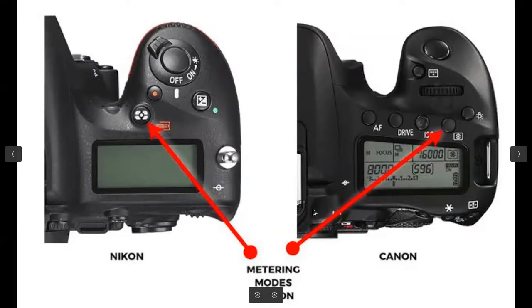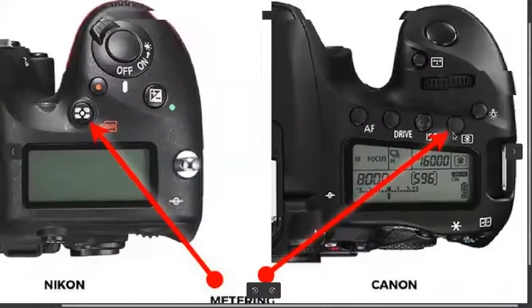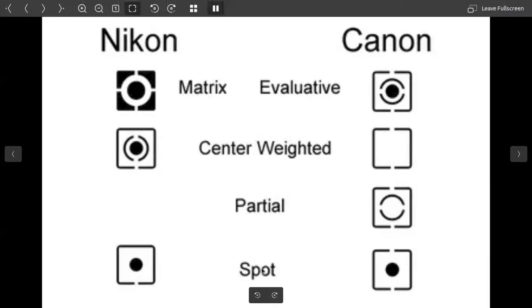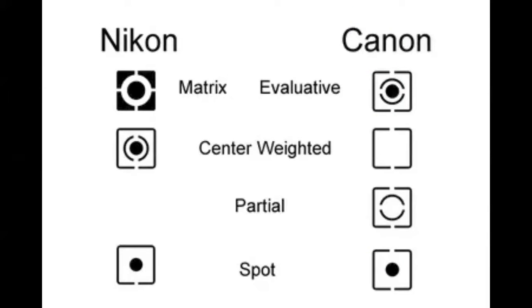So there is a dedicated button for this on high-end cameras. You can just search if you have a dedicated button for this. For Nikon cameras, this is the button for selecting the appropriate metering mode. Canon cameras also have it like this. You can search if your camera has this particular button. So we'll have a comparison between Nikon and Canon cameras. Nikon supports only matrix, center as well as spot. Canon cameras support evaluative, which is similar to matrix, center weighted, spot as well as partial, which we have also already discussed.